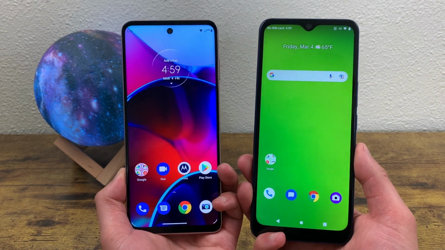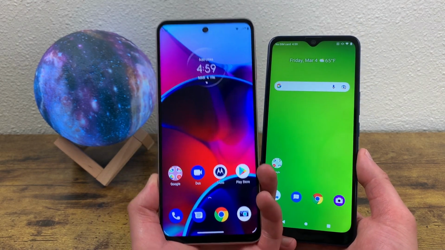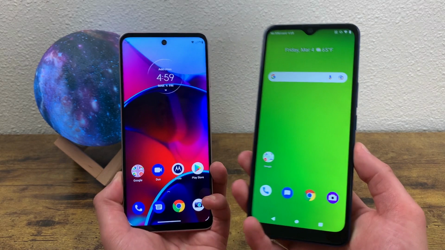In this video, we're going to be doing a comparison between the Motorola Moto G Stylus 2022 and the Cricket